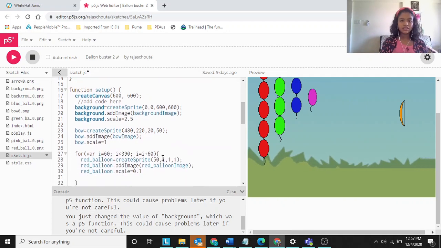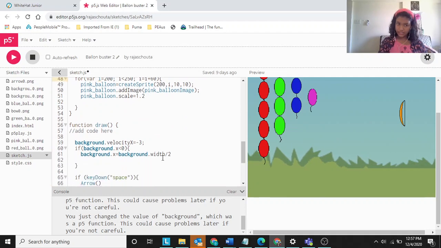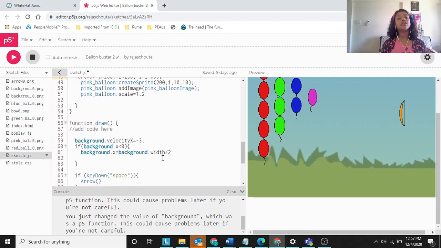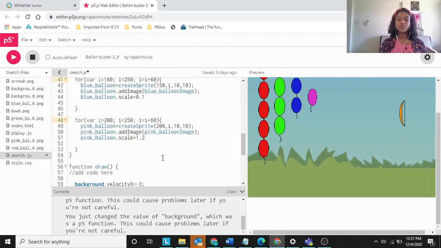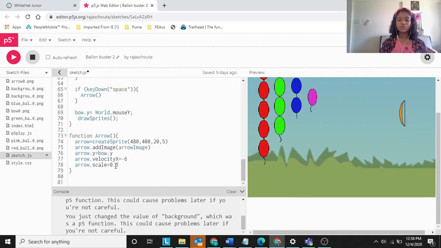Now you don't need to do anything in function setup, because we are going to create a different function. If you didn't need a different function, you could just write arrow equals create sprite. But they have said that you have to make a different function, so that's the reason we are making this.